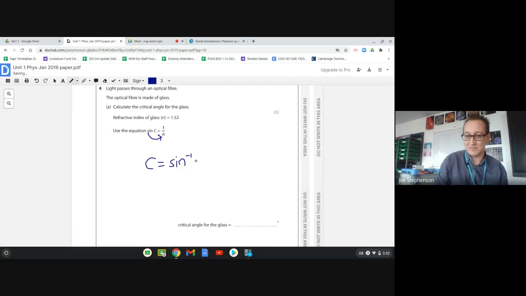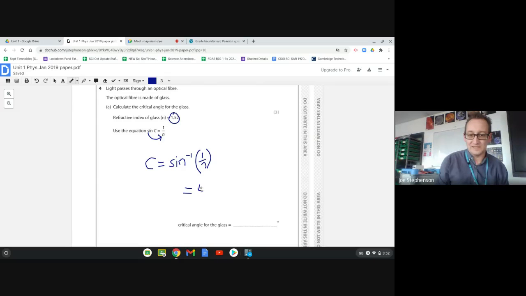Hopefully this is coming back to you now. So stick that in. There's your n, and 1 stays as 1. So it's 1 divided by 1.52, and then you do the inverse sine of that, and it will give you an answer of